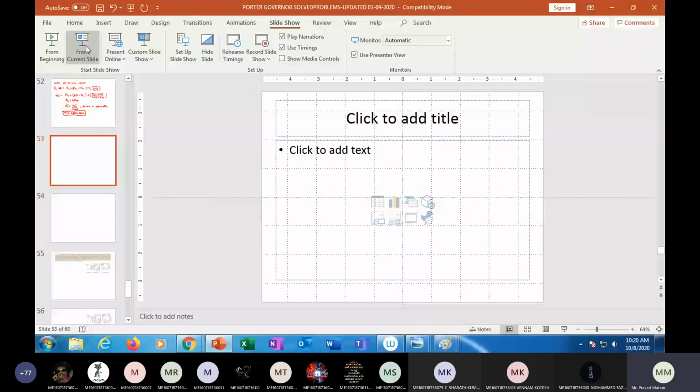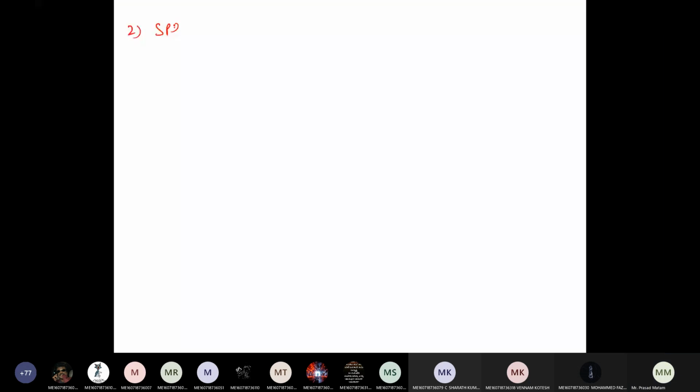Next, we need to find out the second one, spring stiffness. How to find the spring stiffness, which is going to be the equation? Yes, S is equal to S2 minus S1 by h. Now try to find out the S1 value and S2 value. How to find S1 from the minimum position diagram? How to find S2 from the maximum position diagram?